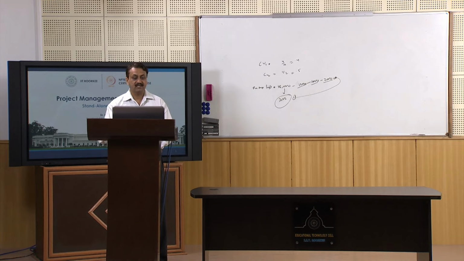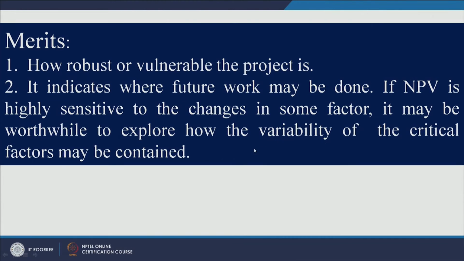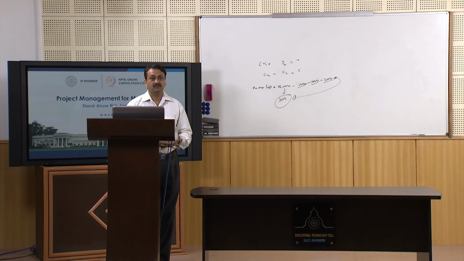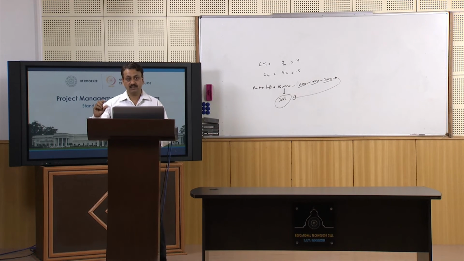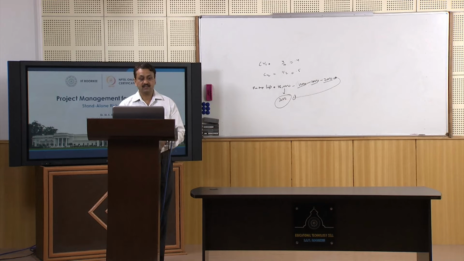If NPV is highly sensitive to changes in some factor, it may be worthwhile to explore how the variability of the critical factors may be contained, right. So you know a priori that if sales are coming down, my NPV will be reduced to this much value, right. So you should start working on improving your sales. Or let us say if costs are going to increase, then how NPV will come down, right. So it is good to contain costs, right. So you will get an idea